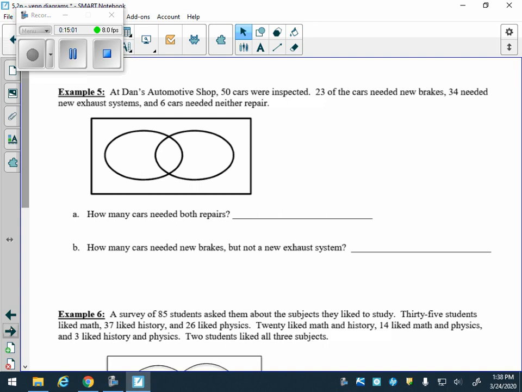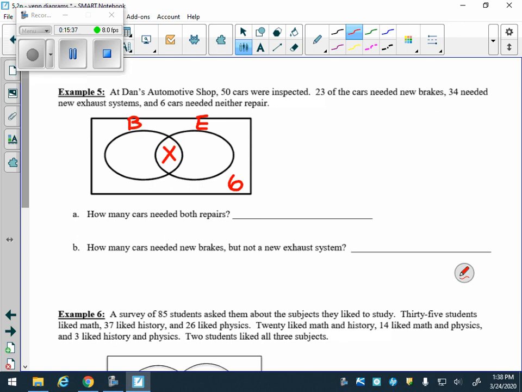At Dan's automotive shop, 50 cars were inspected, 23 cars needed new brakes, 34 needed new exhaust, 6 needed neither. Well, what don't we know? When we don't know something, what do we put in its place? The unknown, which is our variable, which is x. So we need brakes and the exhaust. So 6 needed neither. Well, how can I figure out, this has to totally equal 50 cars were inspected, but